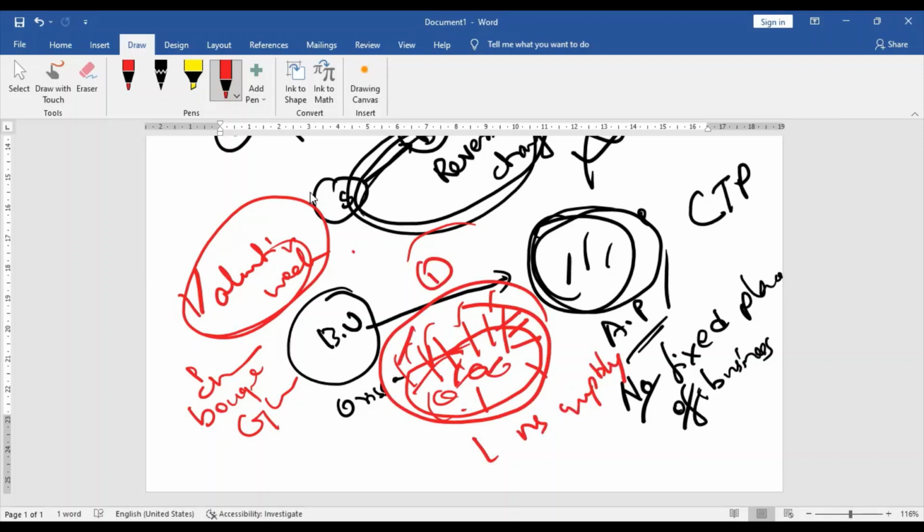When you purchase a drink, Thums Up or Coca-Cola or anything, the drink comes in a plastic PET bottle. But the plastic bottle supply is different and the cold drink is different. But if you want to supply the cold drink, you need a bottle or container. Without this container, you cannot sell the liquid, the juice or anything. So it will be naturally bundled. If you want to sell the juice or cold drink, you need a plastic bottle. So this is the case. It is called composite supply.